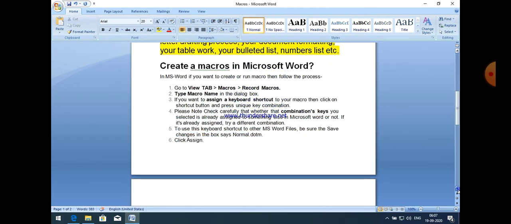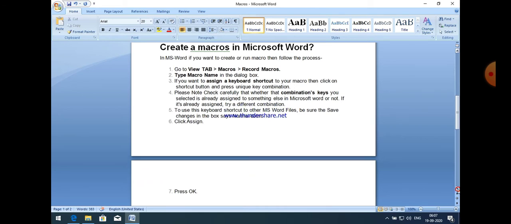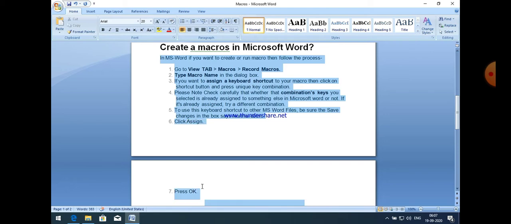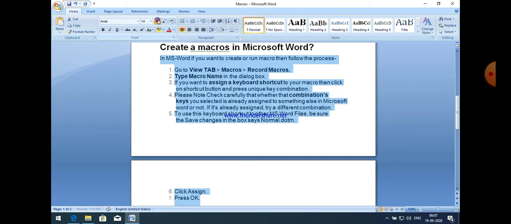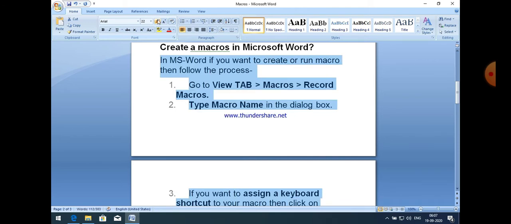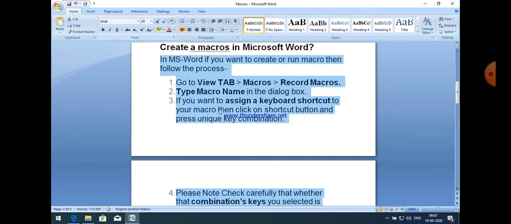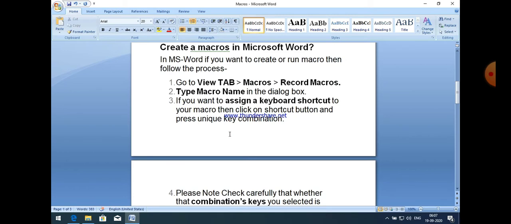These are the steps used to create a macro in Microsoft Word, and they should be remembered by all of you. If you want to create your own macro, then follow this process. First, go to the View tab, then Macros, and then Record Macro.